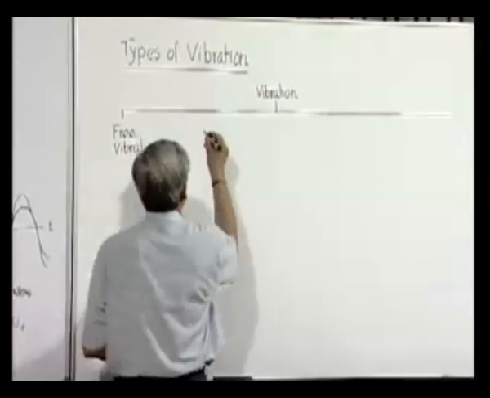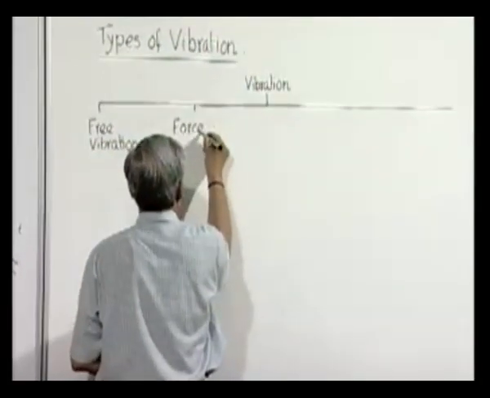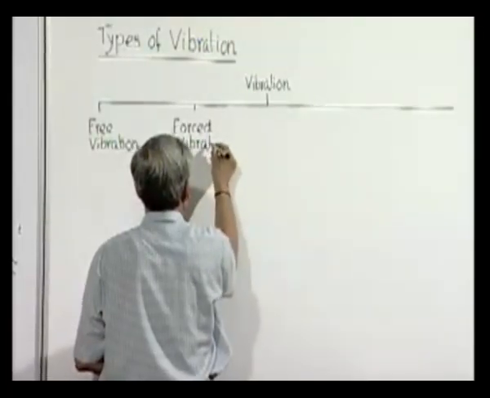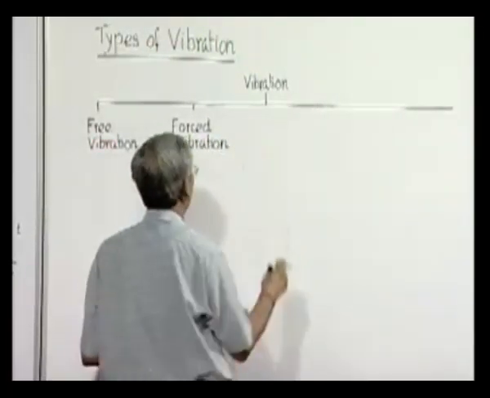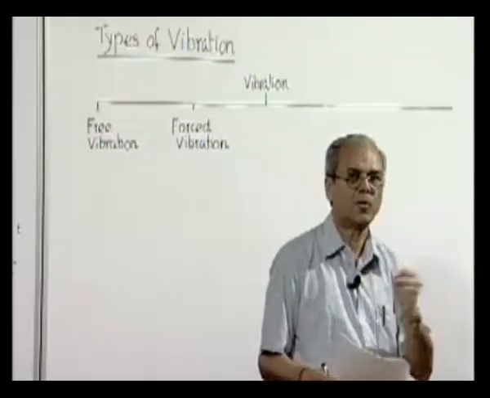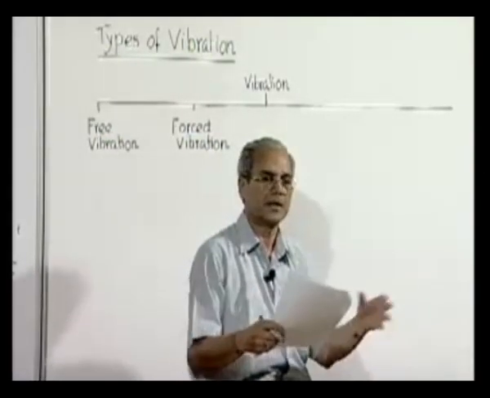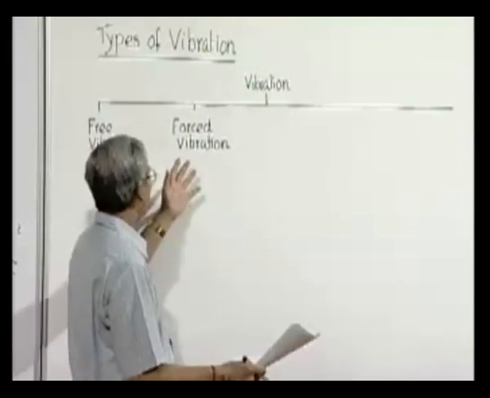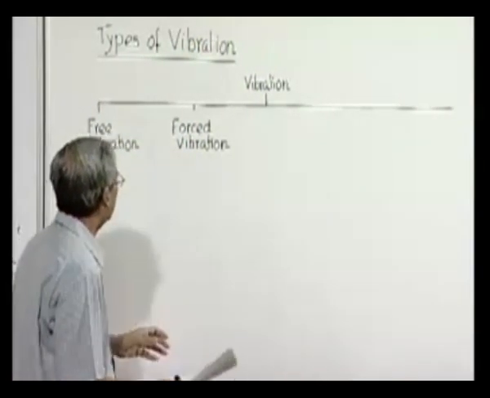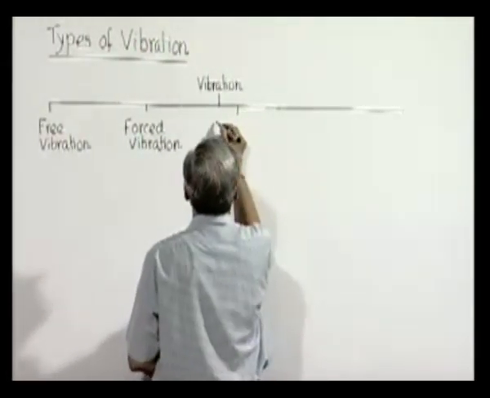Next type of vibration is a forced vibration. In forced vibration, the body or the system is subjected to a dynamic loading, a force or moment which is fluctuating with time, and as a result the system also vibrates. So cause of vibration is present, let me say dynamic force or dynamic moment is present. So they are called forced vibration. There is another type of vibration